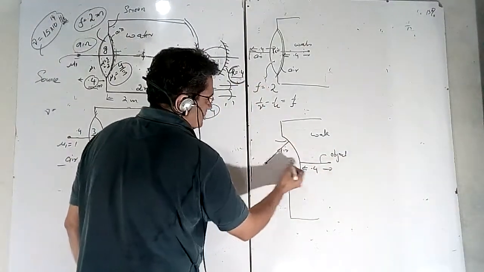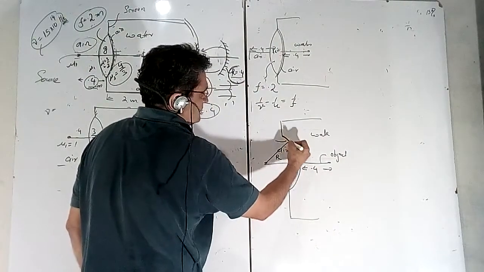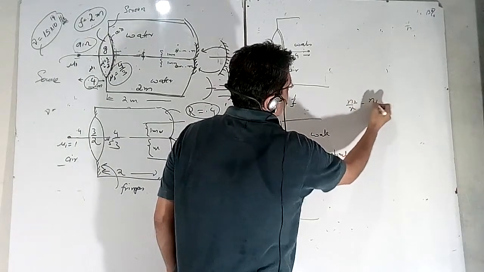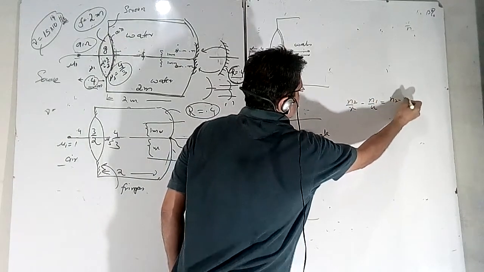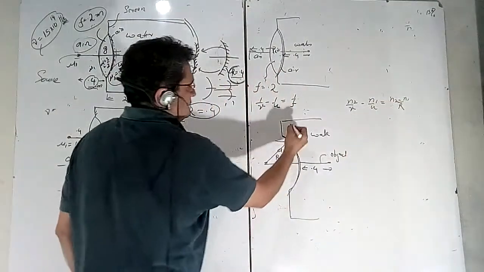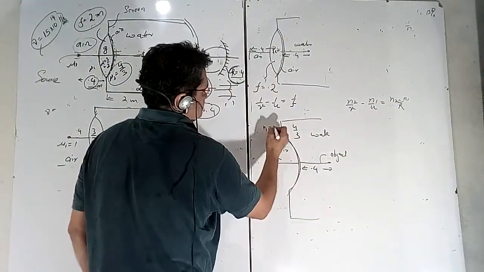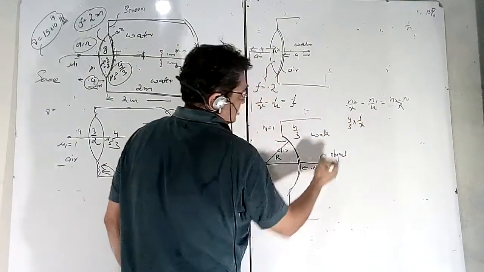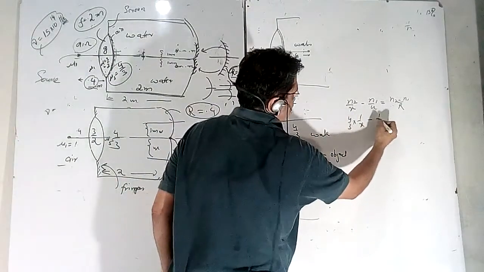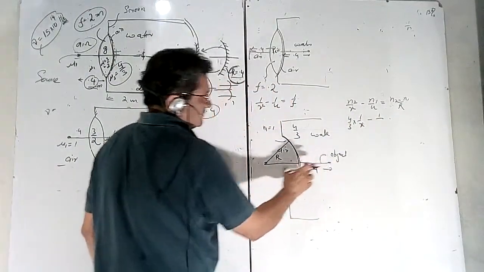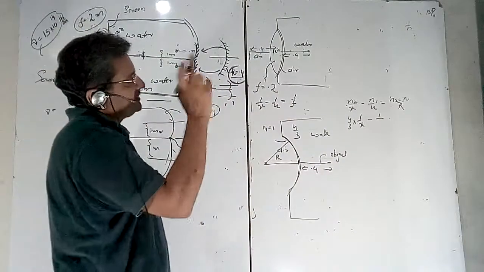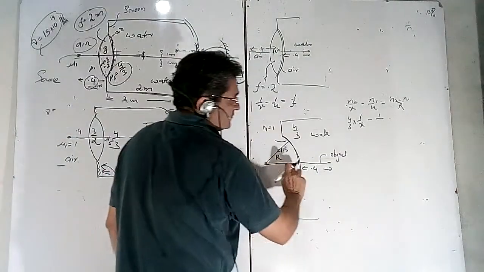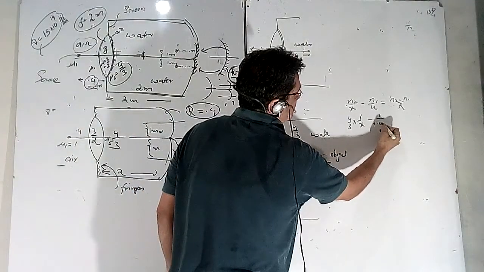So if you know the radius of this surface, you can straight away use n2 upon v minus n1 upon u is equal to (n2 minus n1) upon r. n2 is 4 upon 3, n1 is 1. So it is 4 upon 3v, I want to find out v, and n1 is 1. u is 0.4 because this was the image formed in air which will be the object for this, which is 0.4, and 0.4 here is positive. So it is plus 0.4 is equal to